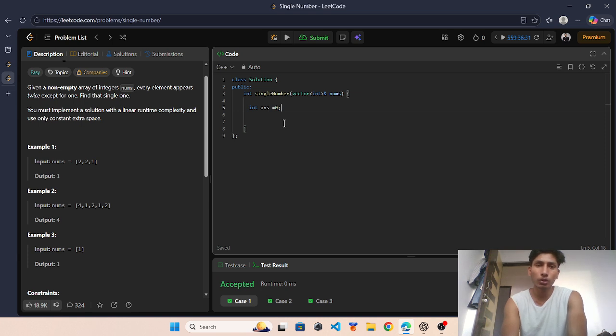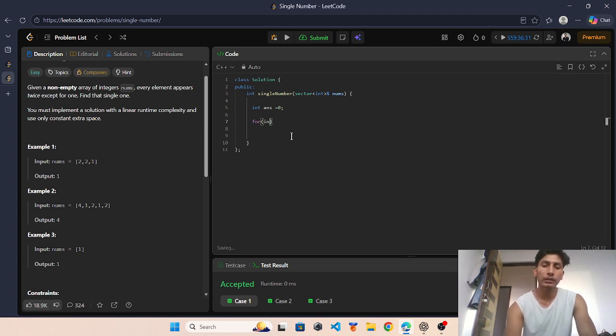Currently ans is equal to 0, and we have to run a for loop: int i is equal to 0, i less than nums.size(), i plus plus.